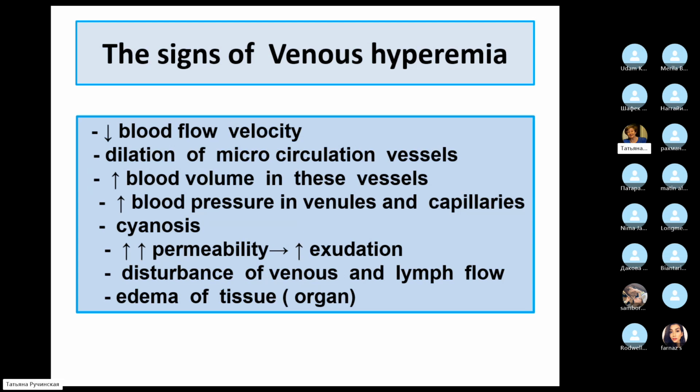This is restored hemoglobin, which binds hydrogen ions. Why does it appear? When there is decreased blood flow velocity, the extraction of oxygen from erythrocyte, from hemoglobin to tissue, increases.